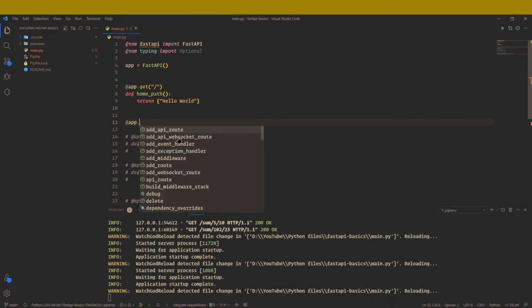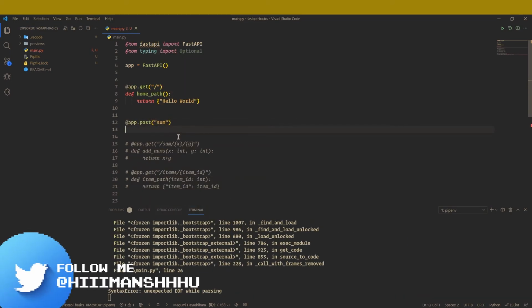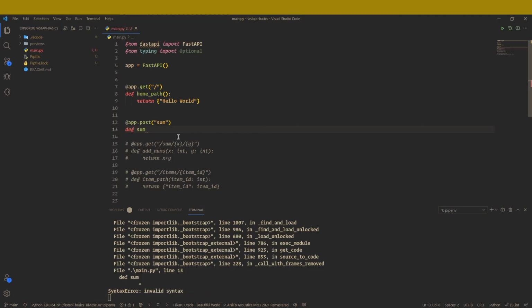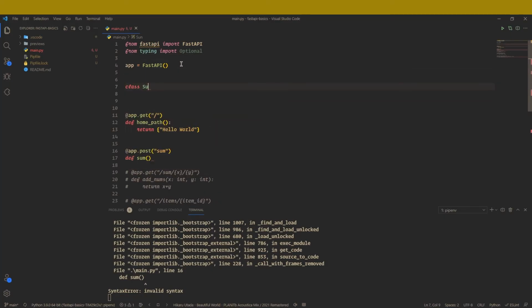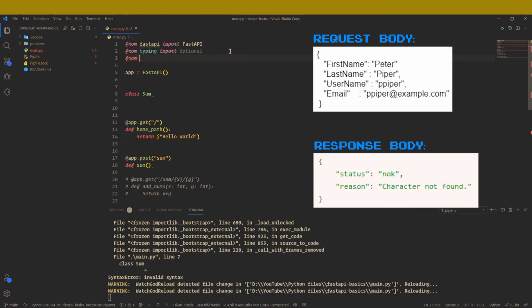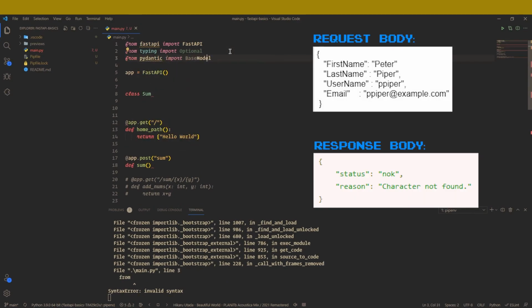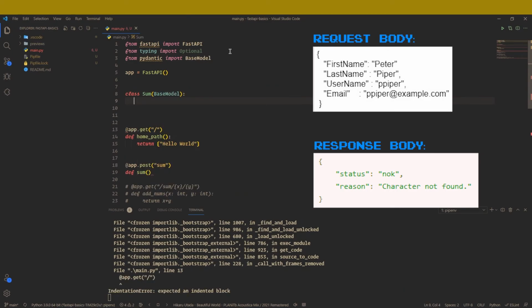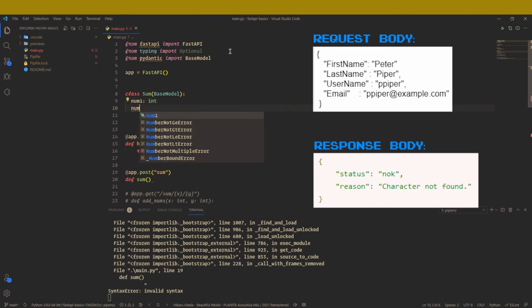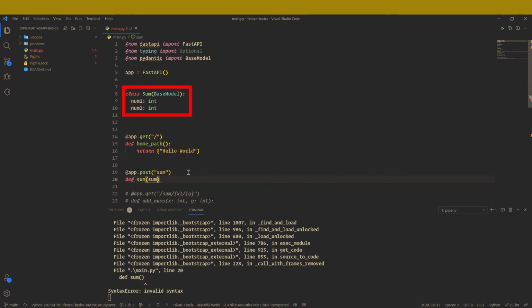Let's send the data but not via path or query parameters. When you need to send data from a client, let's say a browser, to your API, you send it as a request body. A request body is data sent by the client to your API. A response body is the data your API sends to the client. Your API almost always has to send a response body. But clients don't necessarily need to send request bodies all the time. To declare a request body, you use Pydantic models with all their power and benefits.